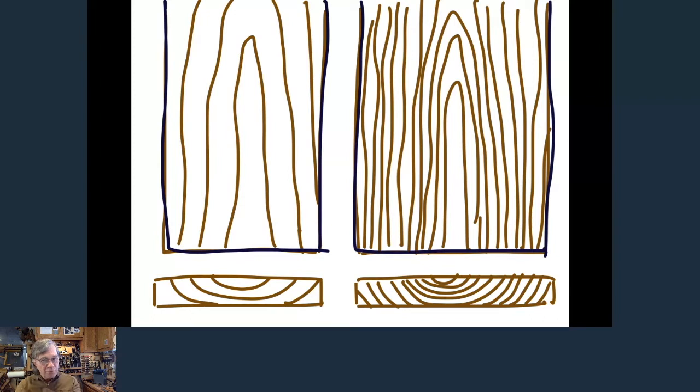The board on the right hand is what some people call old growth. It grew in an area where it grew slower. Maybe it was in a real shaded area in the middle of a woods or on the north side of a slope somewhere. And so it has tight, compact annual rings. There again, when you make that into a board, it's going to have many, many cathedrals, all those annual rings a lot closer. And you can see, obviously, the denser board, the one that grew in a tougher environment, is